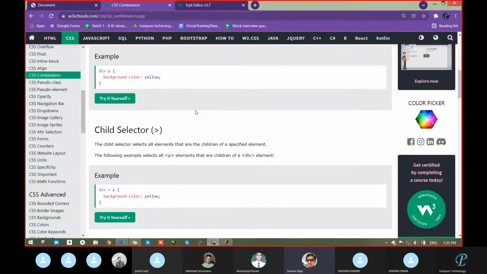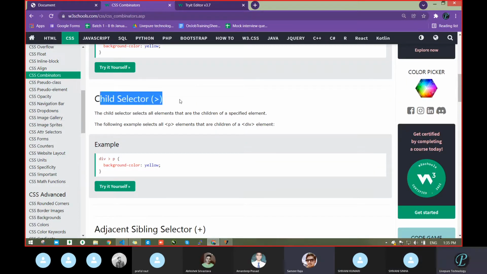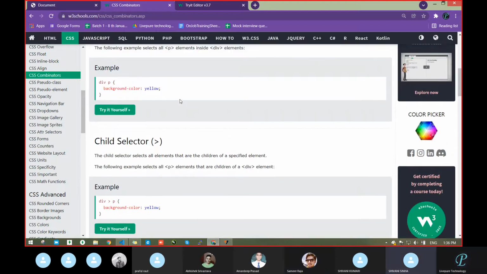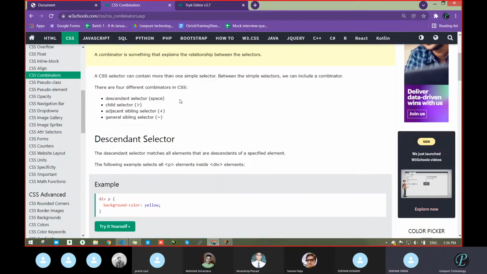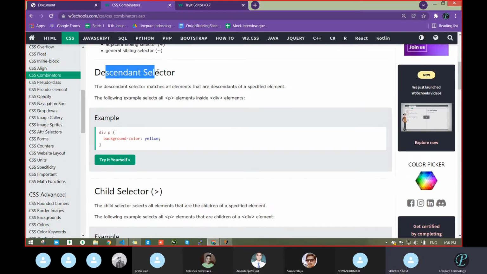Okay, so the child selector is this one, greater than. Sorry, greater than. It will be quite better if you explain, otherwise it is too confusing, and in one day it will confuse. See, which selectors are you talking about? Descendant and child.